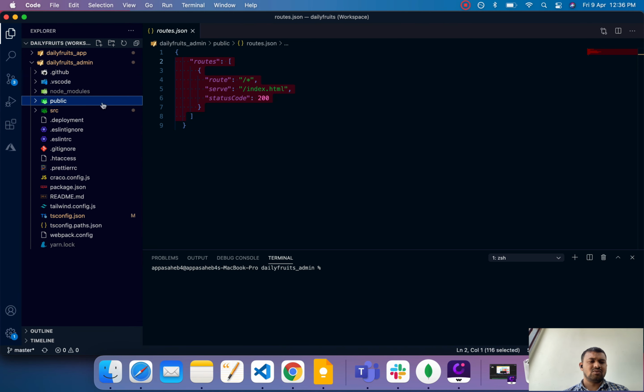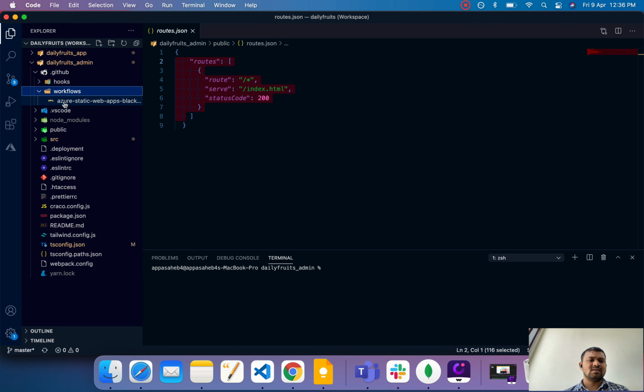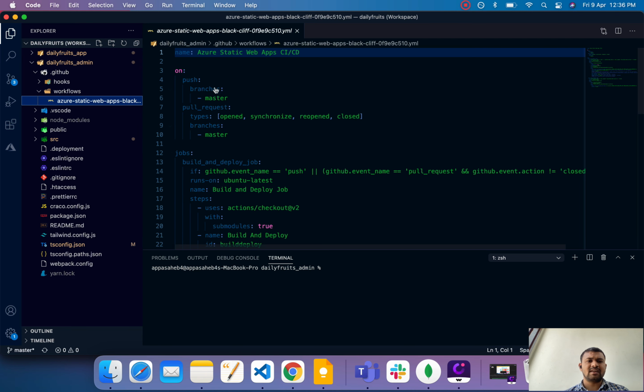Here you clone the project, and the GitHub account is linked with the Azure static website, and a JSON file is created. If there is an issue, your code is not deployed on the Azure side. You always push the code to GitHub, but it is not deployed on the Azure static website.